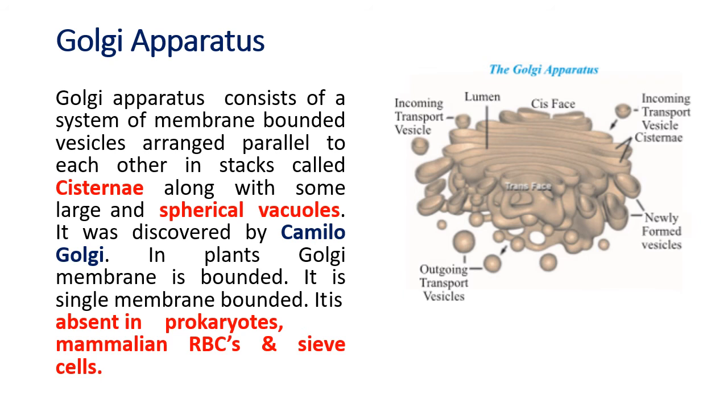Now the next component we see is Golgi bodies or Golgi apparatus. Okay, the Golgi apparatus, in the picture it looks almost like the endoplasmic reticulum, but it is not. Endoplasmic reticulum are bigger tubes. Golgi apparatus is like stacks. Yes, tubes put one over the other called stacks. They are cisternae, and they have got large and some spherical vacuoles. So Golgi bodies have vacuoles.